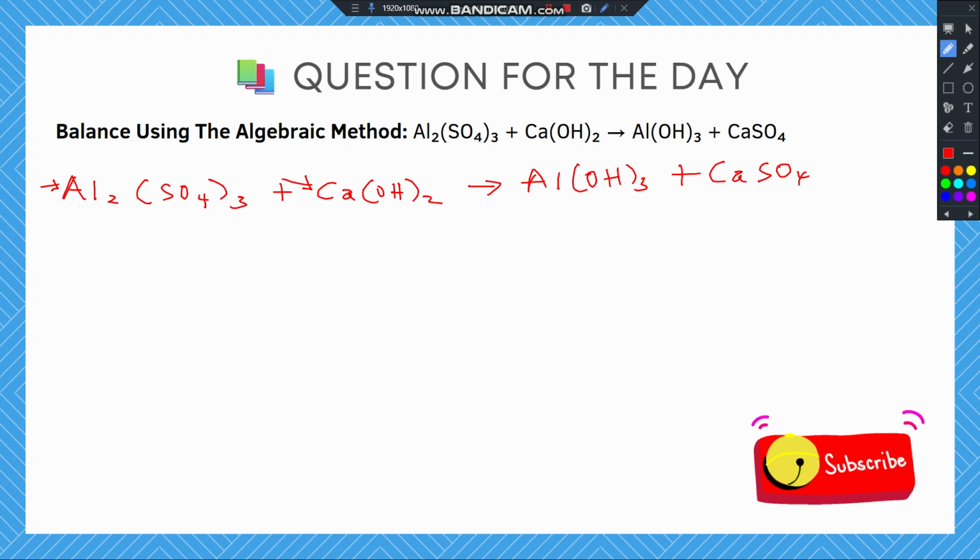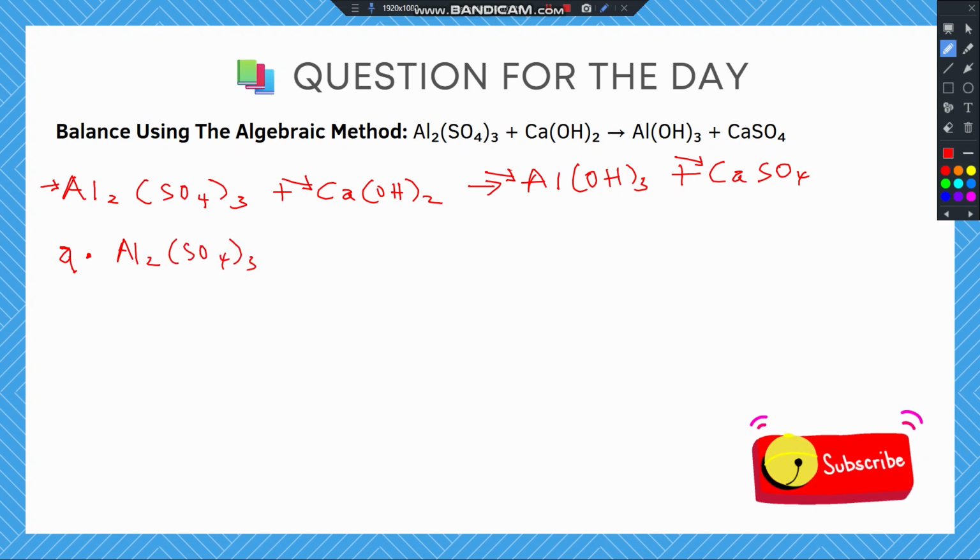So when this equation is balanced, there are certain coefficients that should be standing in front of each compound over here, and over here. So what we're going to do is to use letters to represent them since we do not know what they are. So for the first compound, let's represent the appropriate coefficient using the letter A. So we have A standing in front of